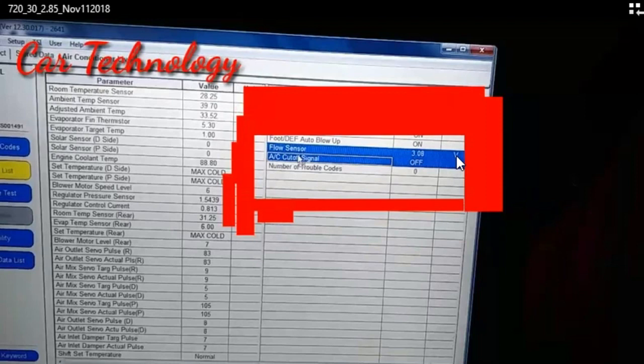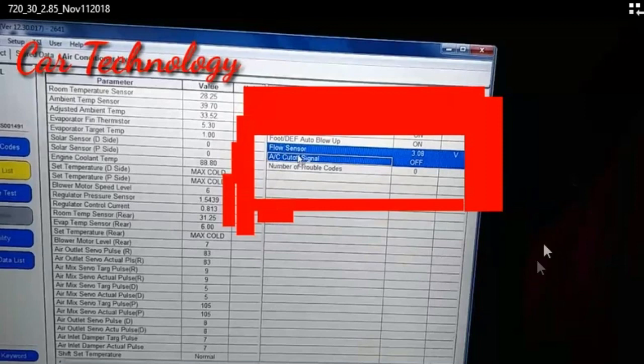It means the air conditioner of the Toyota Sienna may have a problem at the flow sensor. The solution to fix it is to replace the flow sensor or replace the compressor. You have to fix the problem.